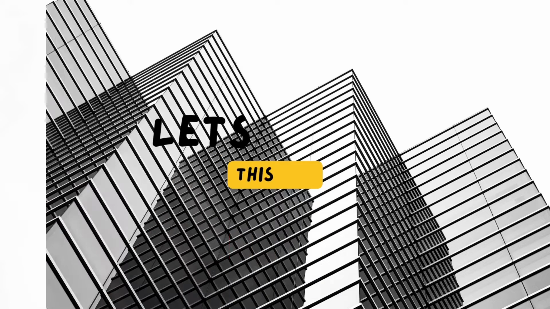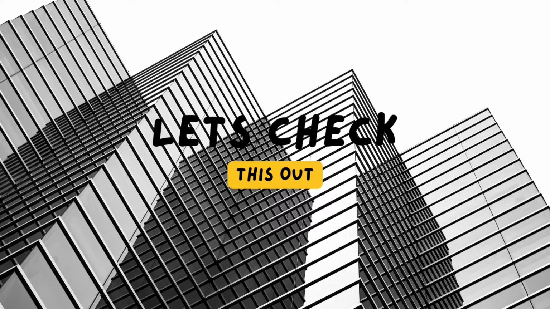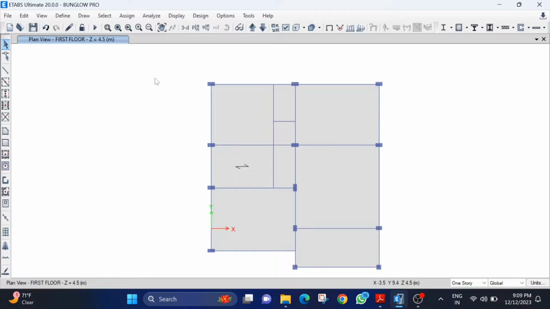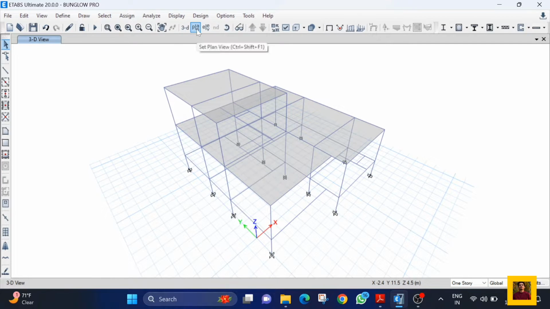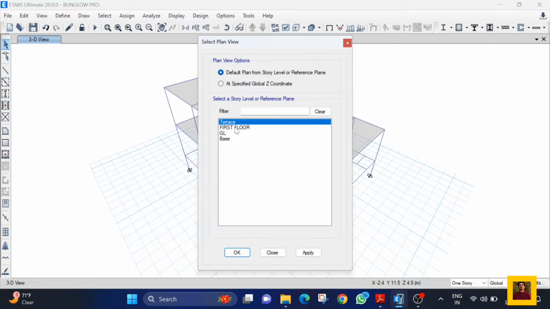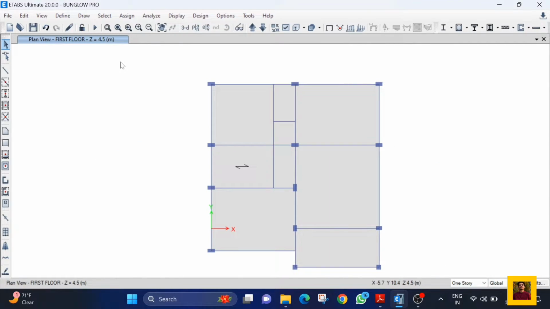Today we are going to see how to export an ETABS model to the RCDC. So here I am taking our previous model which we have worked on in the previous videos. This is just a simple model, a ground plus one floor building. In this I will show you the procedure to export all the structural elements which we are going to